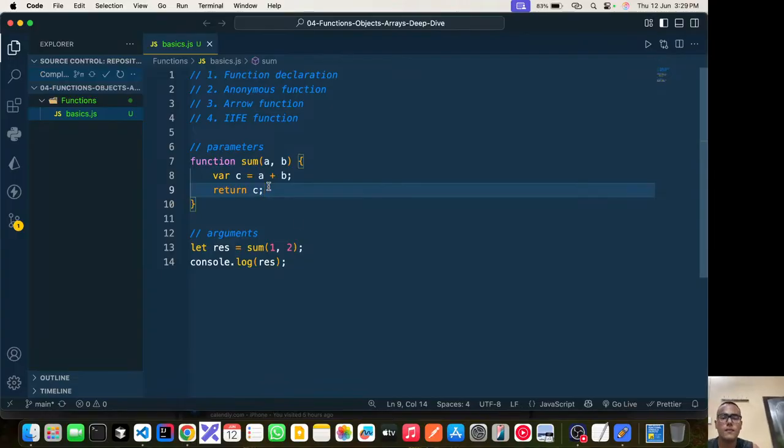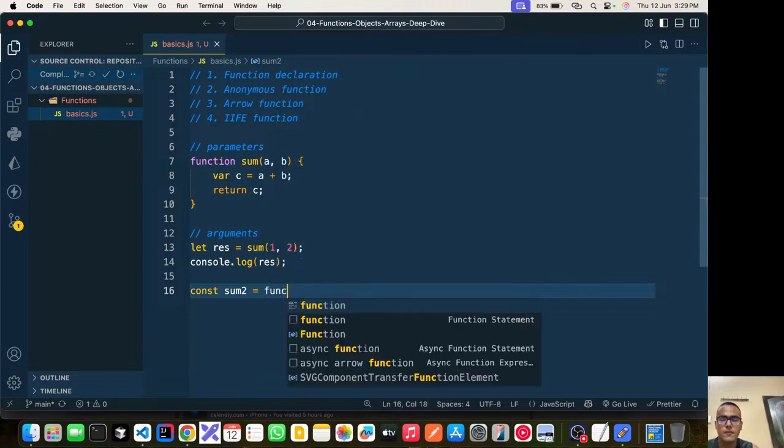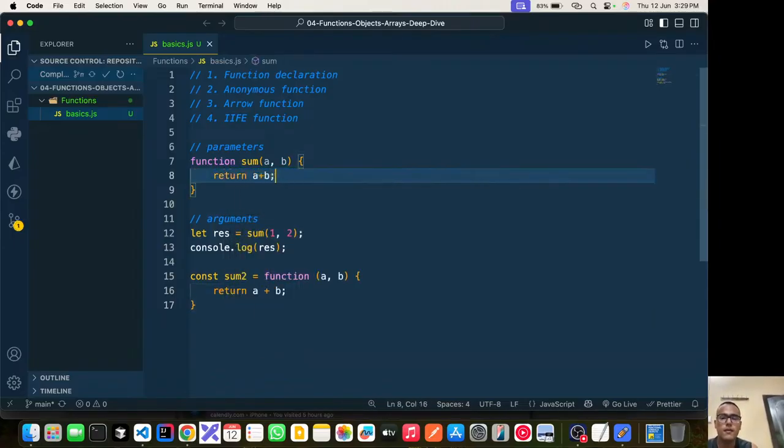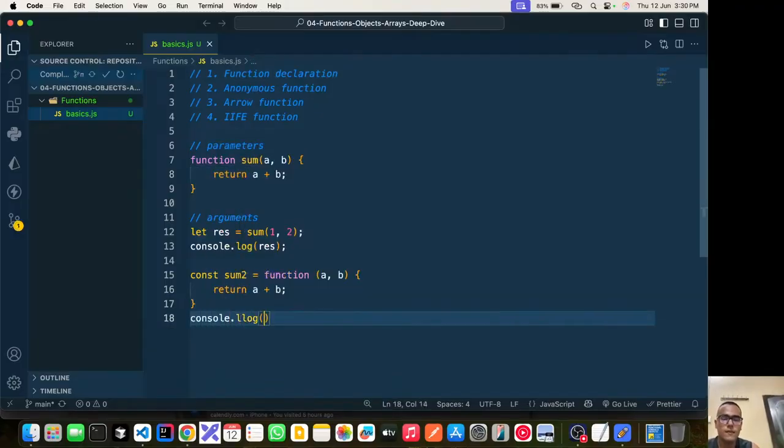In case of anonymous, we can also write it like this: const sum2 equals function a b return a plus b. Instead of storing in a variable, we can directly return the value like this, and then we can invoke it. Result equal to sum2 1 2,